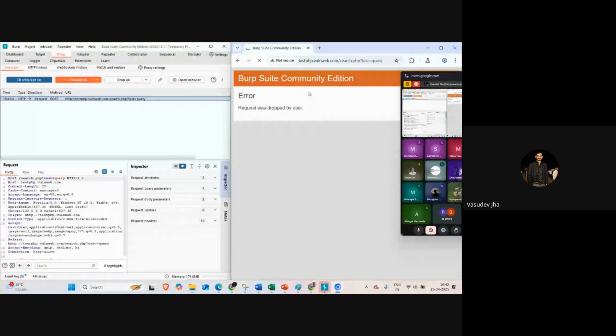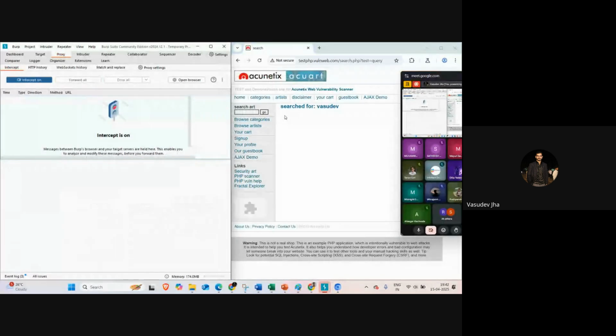Suppose you have created a website and there is a login page. You need to do a brute force attack, but the website is configured in such a way that only 5 strong passwords can be processed. After that, they will block. And if that validation is